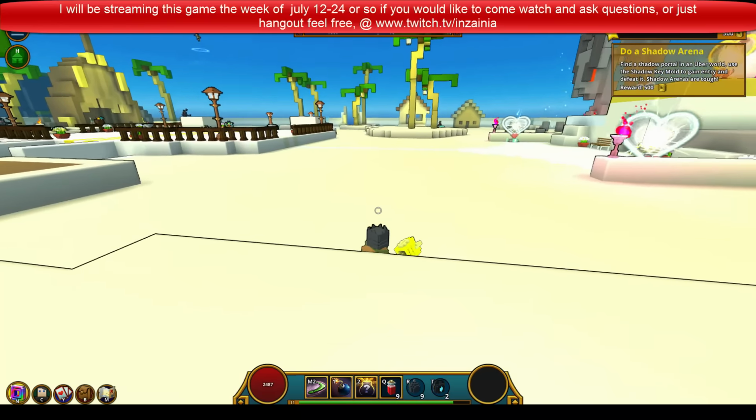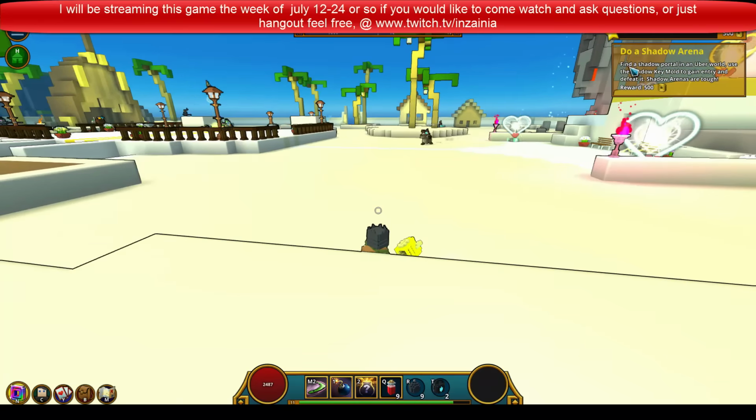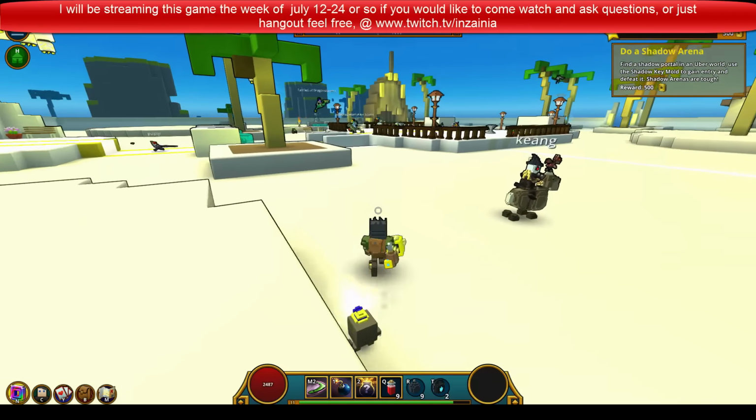Here I can hold Alt. These quests all up here, you'll get a bunch of Cubits from doing these quests. And I'm at Do a Shadow Arena, which is a little bit above my level. I'm at 11. I need to be at level 14 or so. Then I can do a Shadow Arena. And I've gotten a lot of my Cubits from doing that. And then again, like I said, some from doing